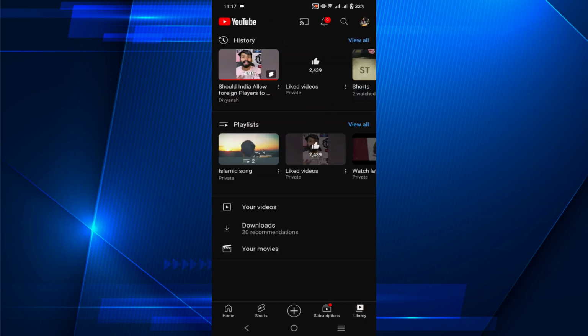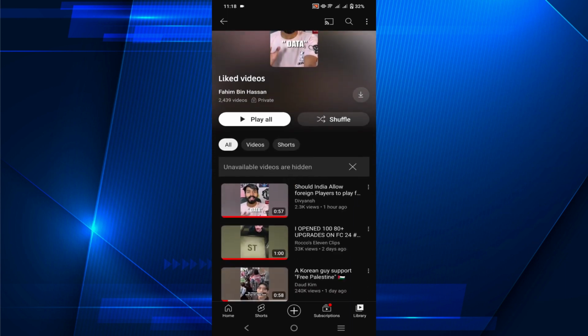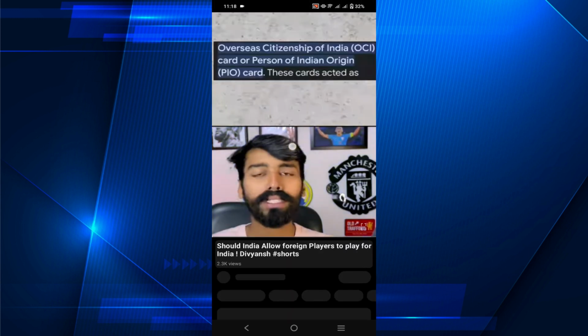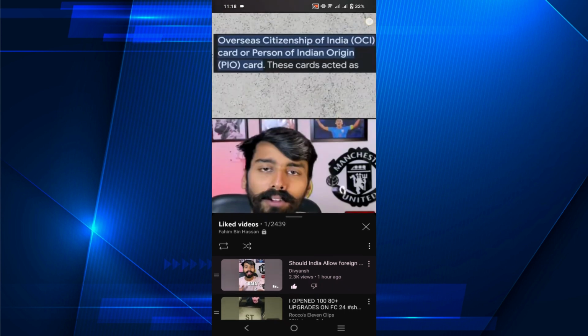Go to library and go to liked videos, and here are the shorts that you previously liked. Now click that short once again. And now you can see on top of your right screen a setting sign, the gear